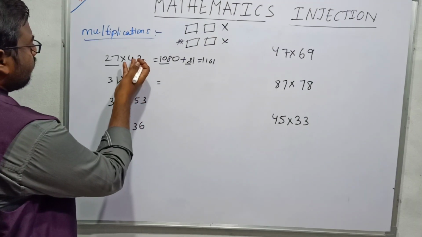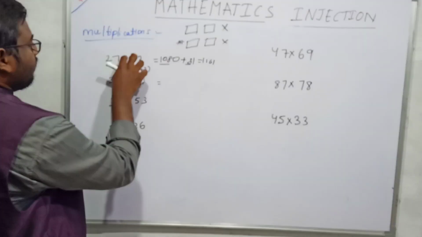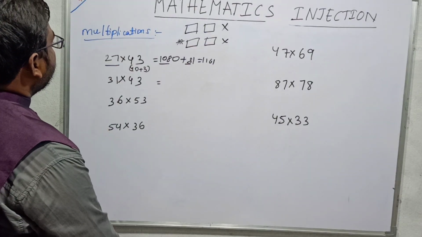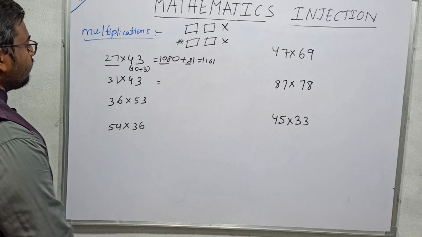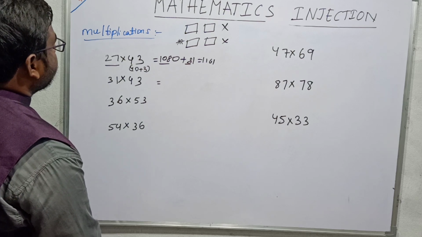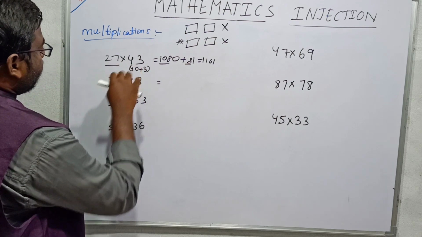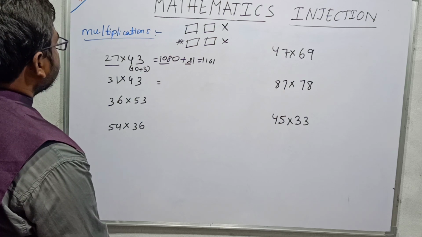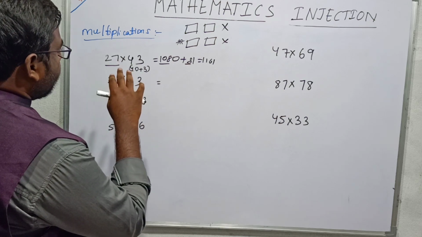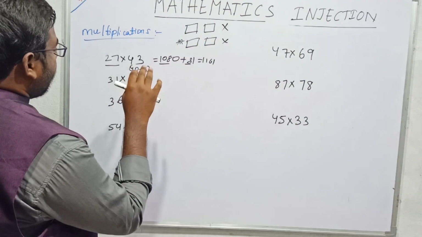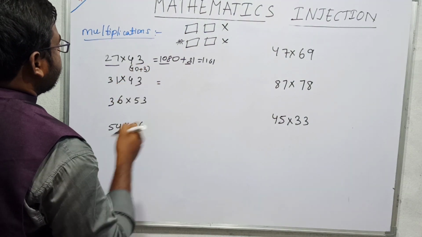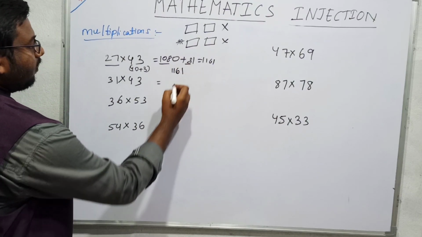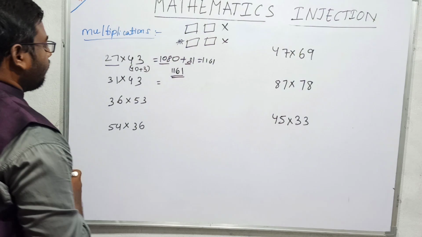Now we will try for this only, and we also don't know the multiplication with 43, so we will try with this. I will take 43 as distributor. 43 into 2, this is 80 plus 6, 86, and we will keep 86 in our mind. And 43 into 7, this is 280 plus 21, 301. We kept 86 in our mind. In 301 we will add 30. 86 plus 30 is nothing but 116. In 301, 1 will be the unit digit, so 1161.